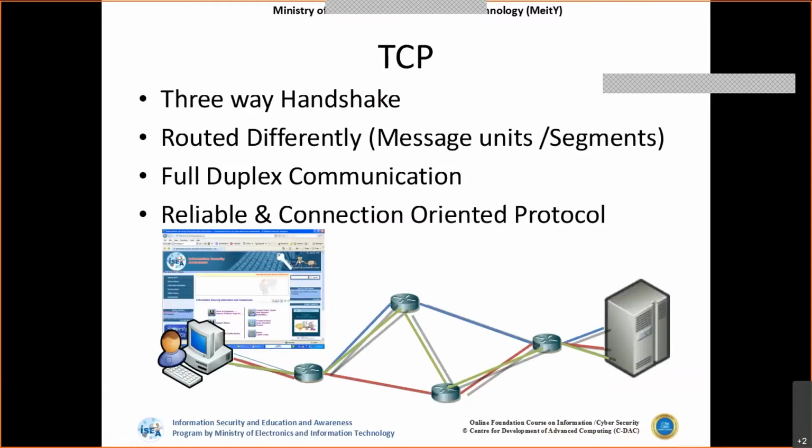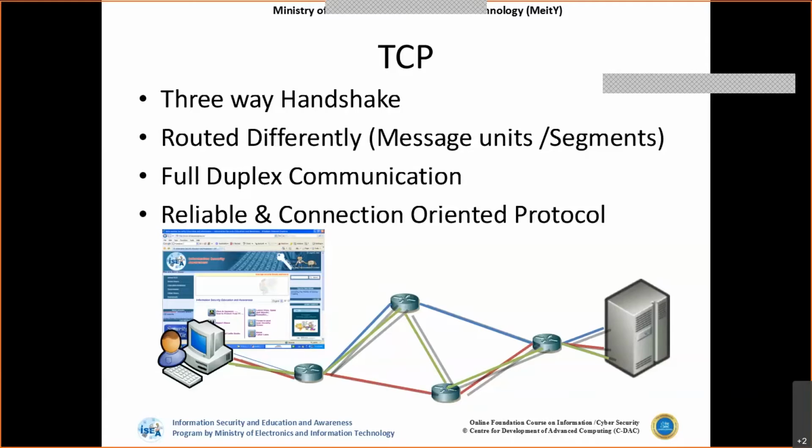Okay, so as we have seen, TCP is a transport layer protocol, and when we talk about TCP, the main important part of it is that it's a connection-oriented protocol. Why we say it is connection-oriented is that whenever there is communication between two end-to-end systems, it has to be assured that the communication is sent and received at the destination. To ensure this, TCP uses a methodology called the three-way handshake. So we'll discuss what the three-way handshake is.